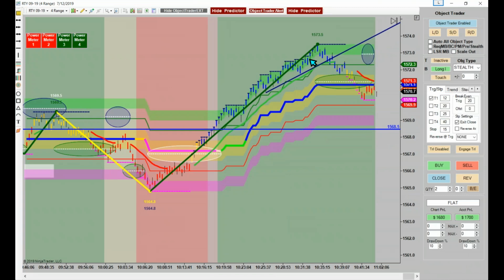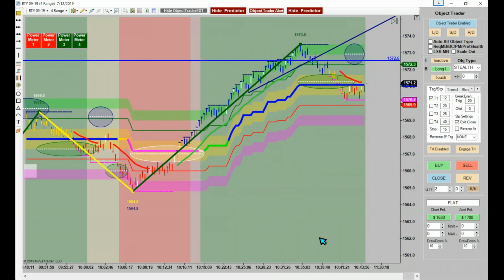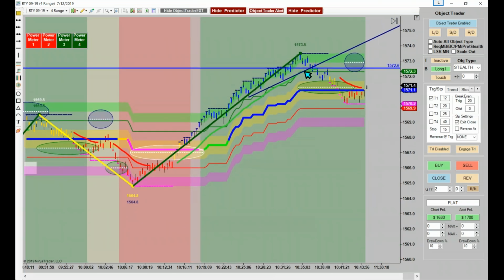See the little white bar up here? It was stair-stepping, wasn't it? Stair-stepping, stair-stepping, stair-stepping. Broke it. Broke our trend line and went down. Now that was a gutsy move, but what I did that one for is just to show you that trend